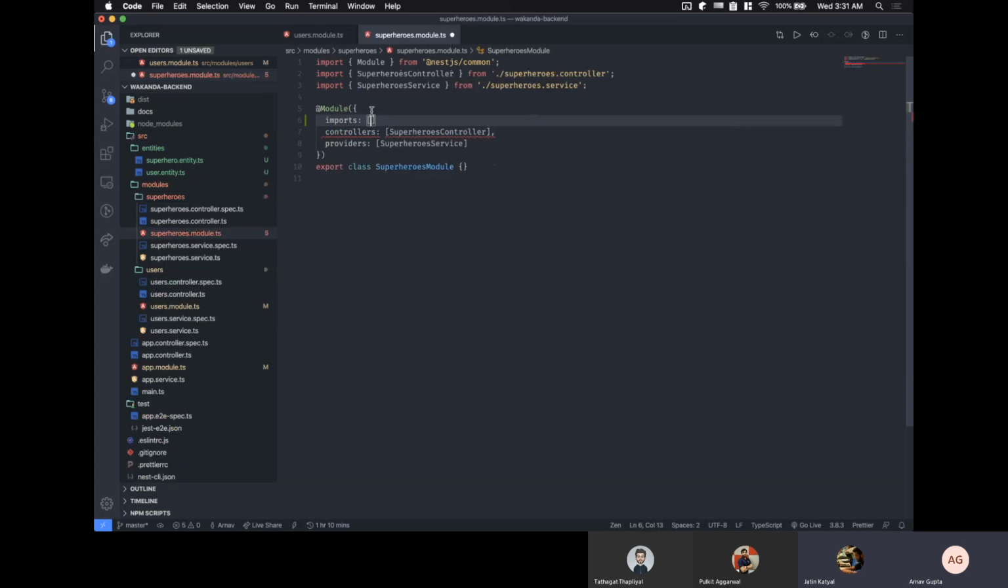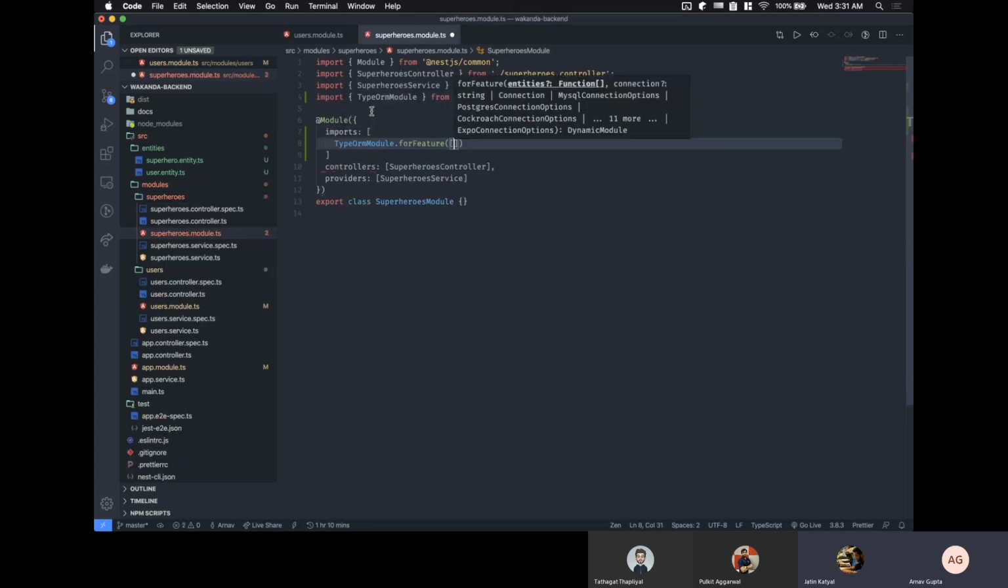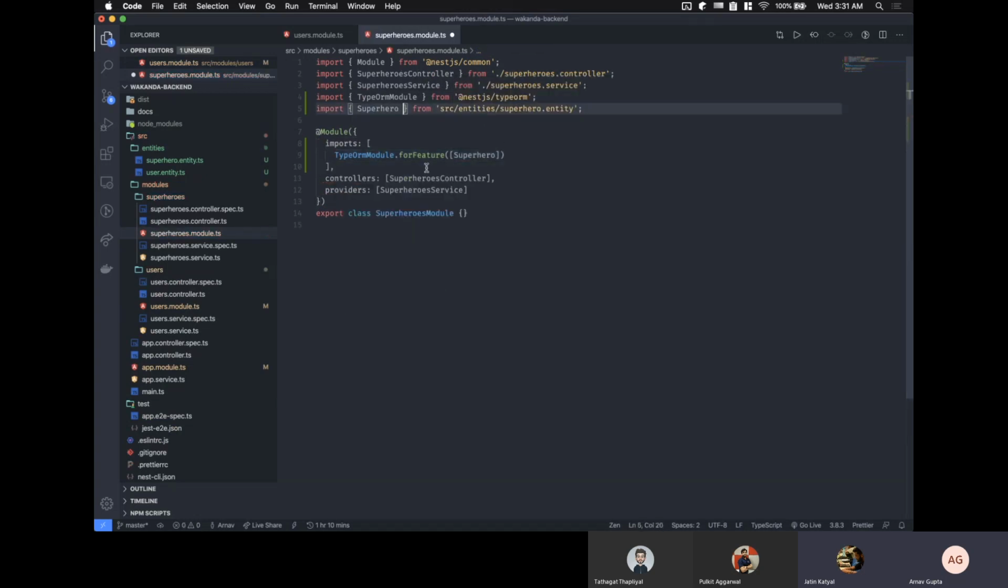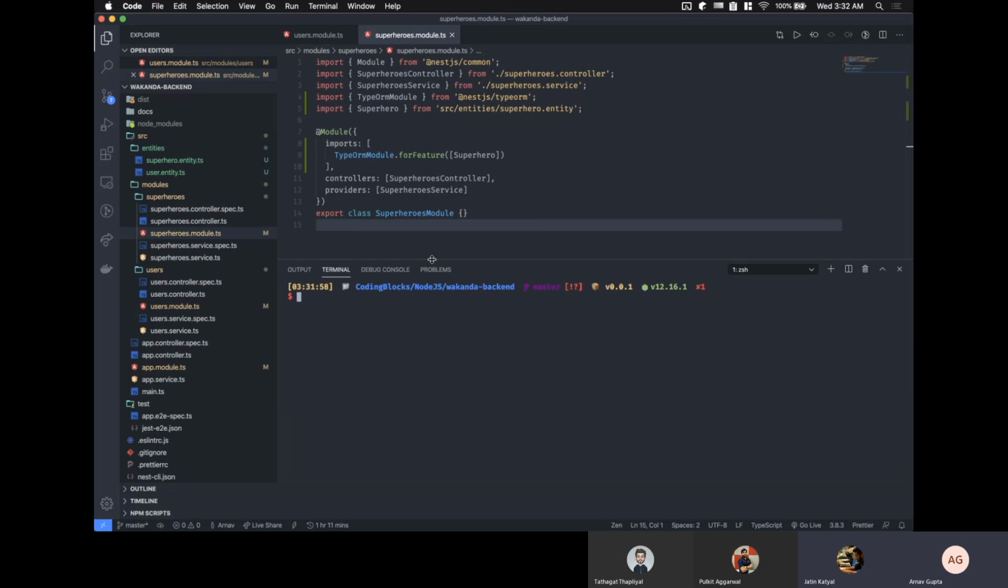TypeORM module dot forFeature, and we'll have to write superhero. Yep. So this is done. So at this level, if I run the project, I think the DB will get created. Let me just quickly check with that. I think if the DB has some